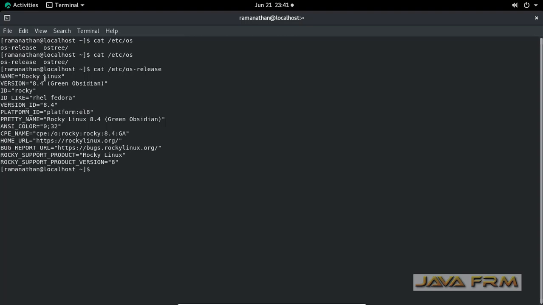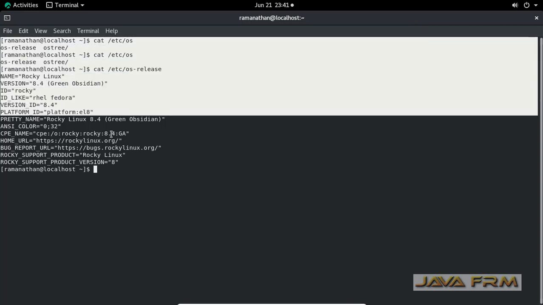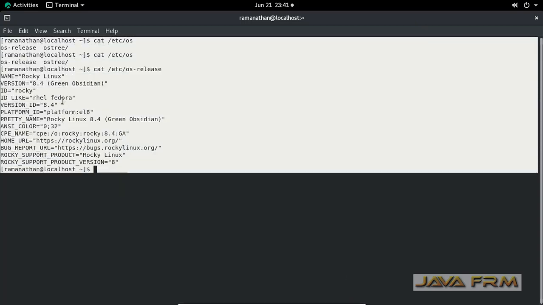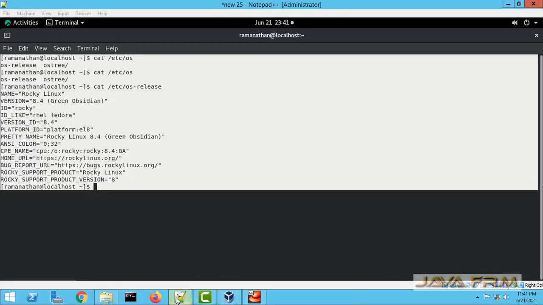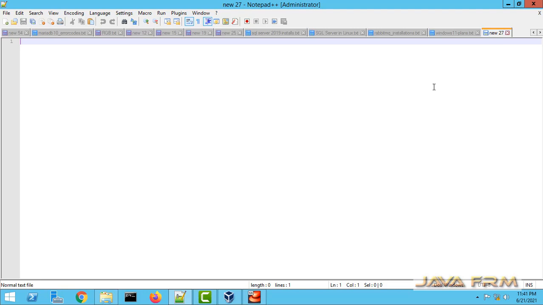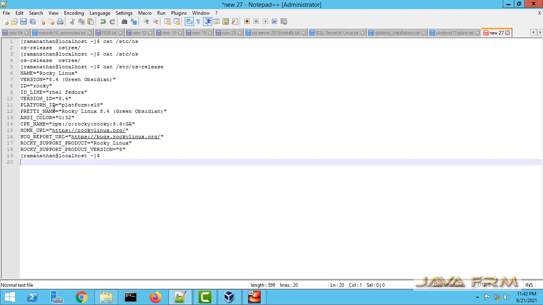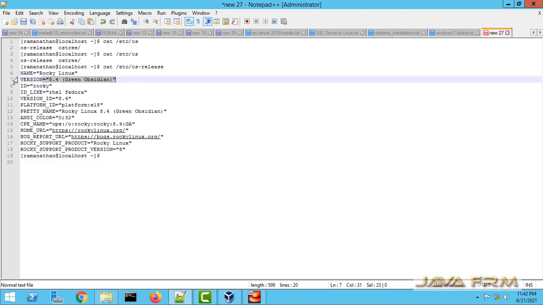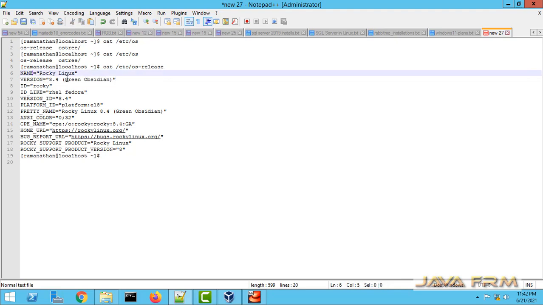I am going to copy this entire output and paste it in the Windows host machine to check whether the shared clipboard is working or not. Yes, I am copying this. Yes, I can copy and paste from Rocky Linux 8.4 to the Windows host machine.